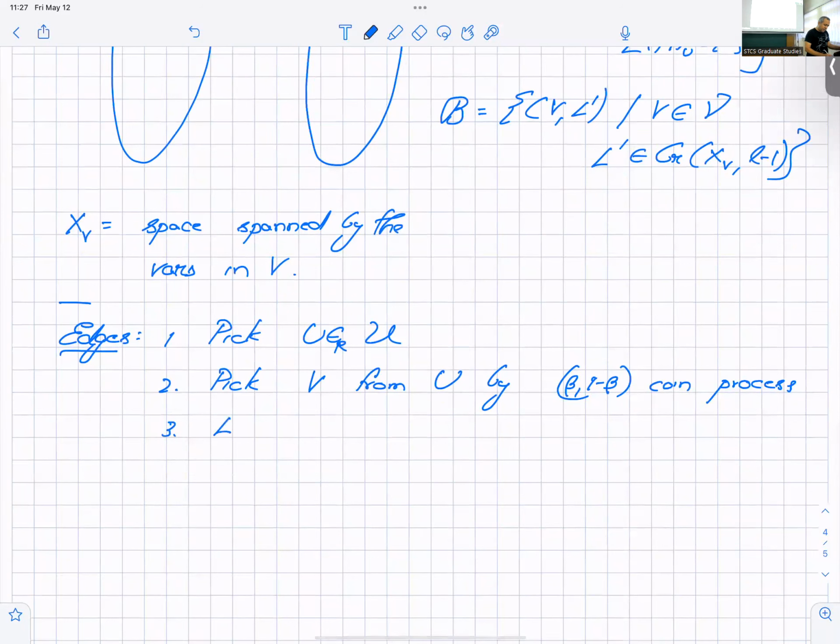Pick a random L, sorry, pick a random L in GR XU L such that L intersection HU is this one. Pick one of these L's at random, and then